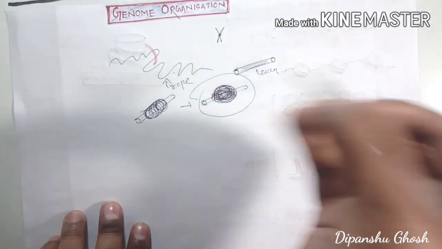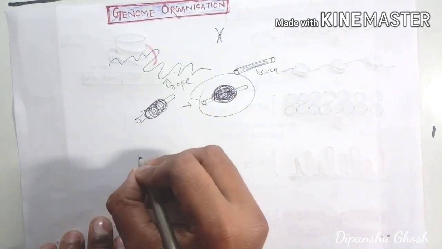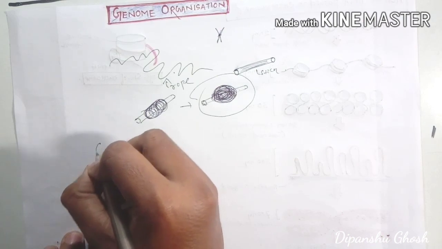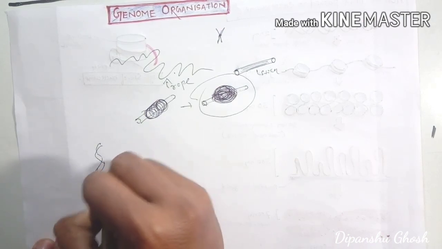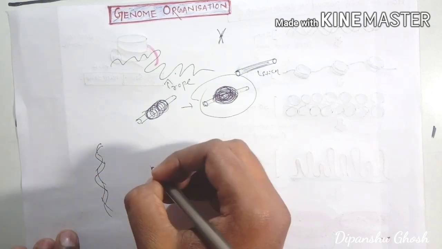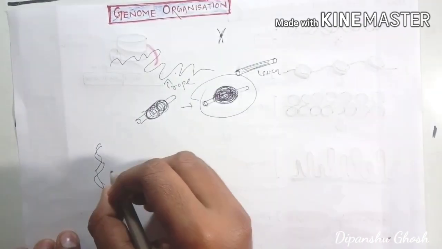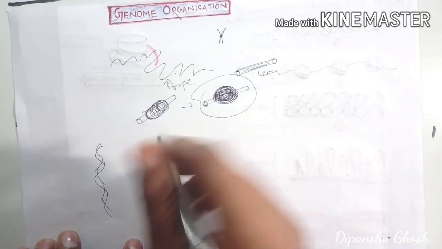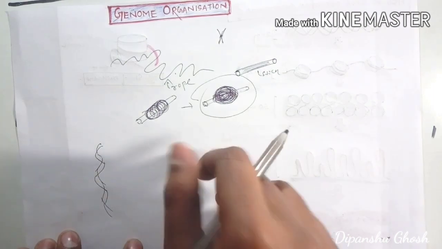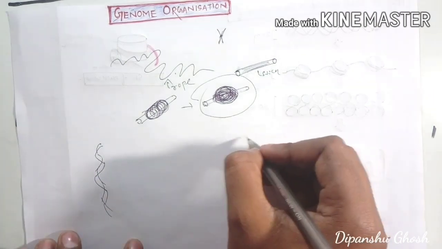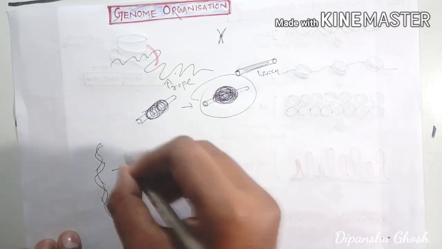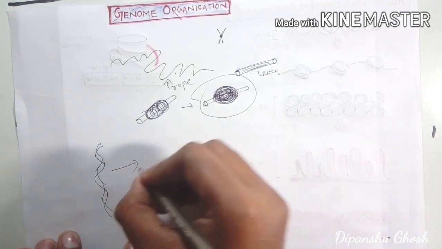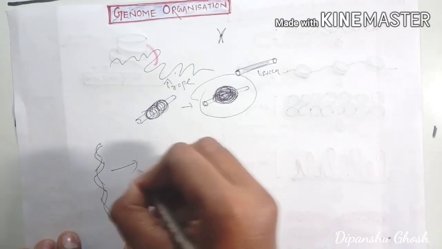So let's suppose this is your DNA. As we know, DNA is genetic material. What exactly do we need to do? We have to fit it into a very short chromosome, right? First of all, we will try to make some bundles, so that